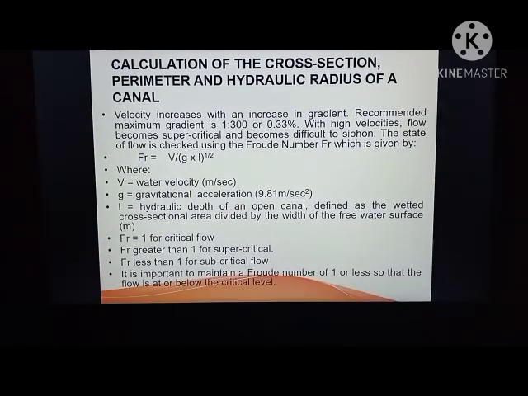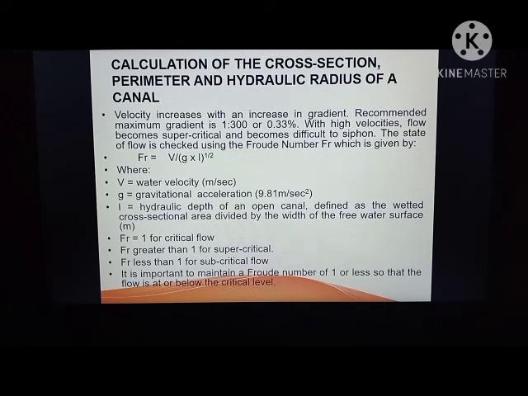With high velocities, flow becomes supercritical and difficult to siphon. The state of flow is checked using the Froude number Fr, which is given by the formula Fr is equal to V over the quantity of G multiplied by L raised to 1/2, where V is the water velocity, G is the gravitational acceleration, and L